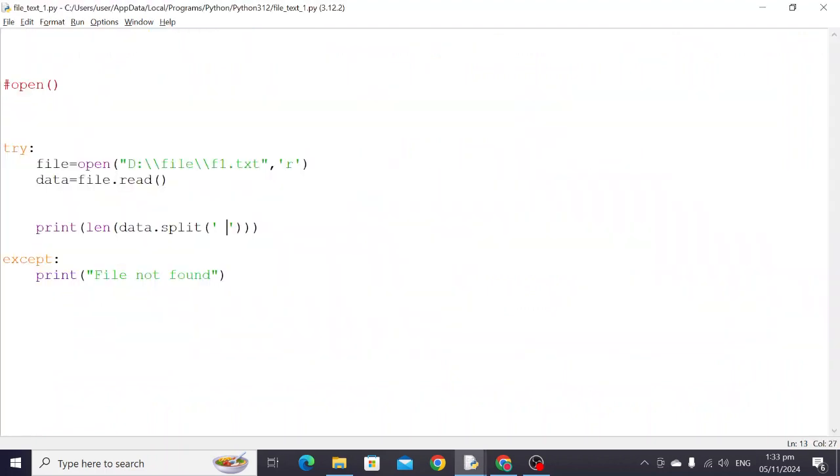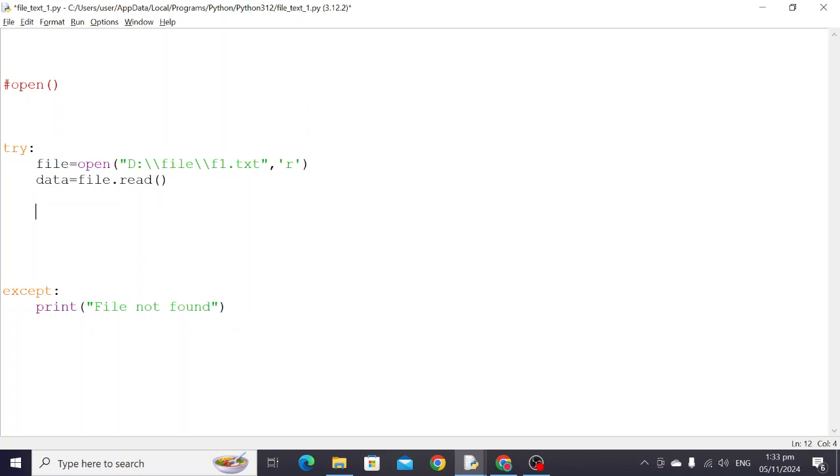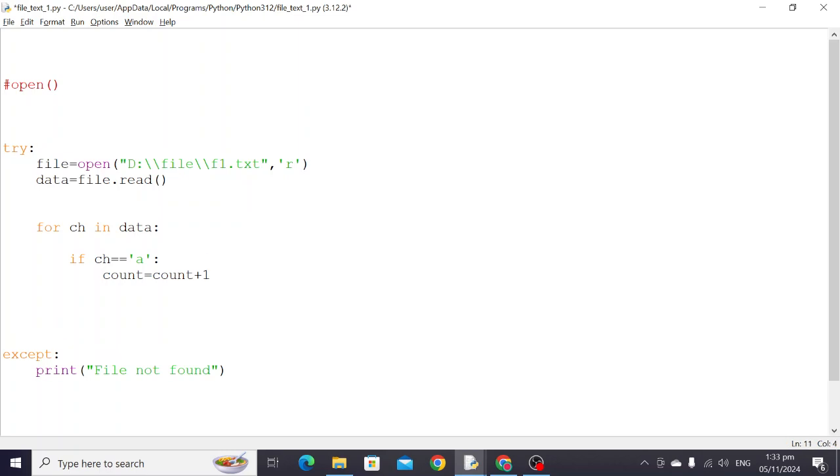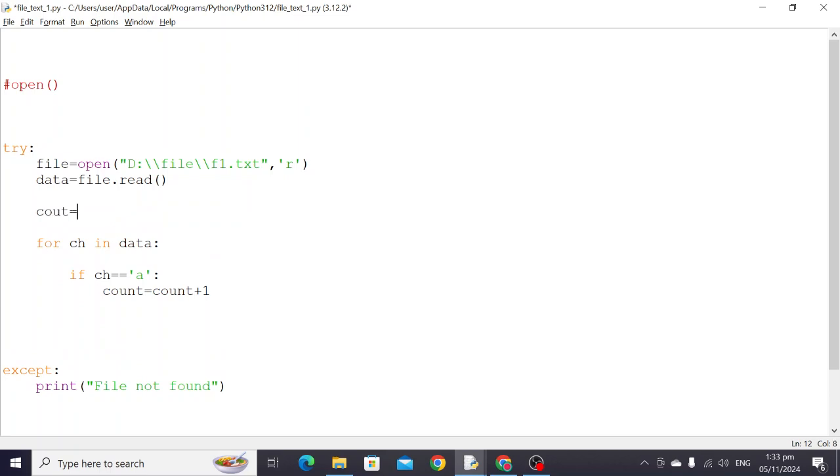And in the same way, if you want to perform any kind of search operation, you just want to count any specific character, then we can iterate over this data. How to iterate? For ch in data. Now if ch equal to, suppose we want to count a, then we can put a, and we can take a variable like count equal to count plus 1, and at the beginning of the file we can initialize count equal to 0,